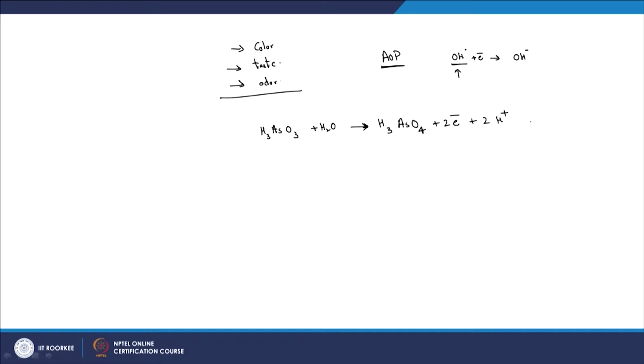So this is the relevant half reaction here. H3AsO4 is the form of arsenate, and H3AsO3 is for arsenous. Yes. So from this half reaction, now you want to be able to decide